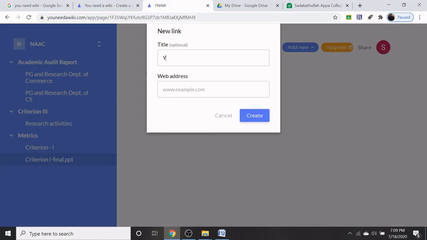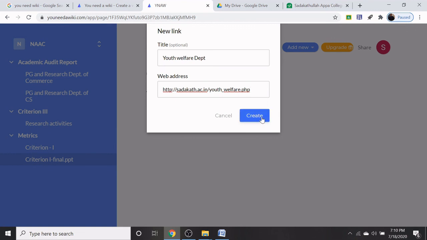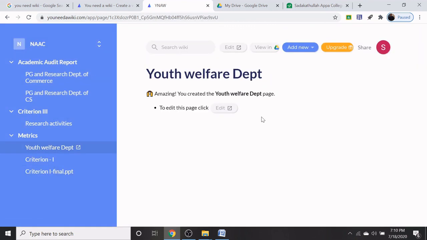I am putting the title as Youth Welfare Department. I am just going to paste the link. Now create. It will be displayed in the designated folder.